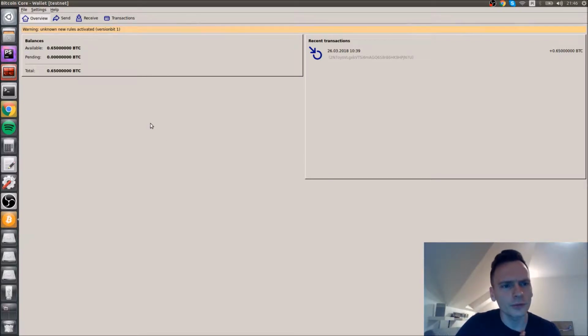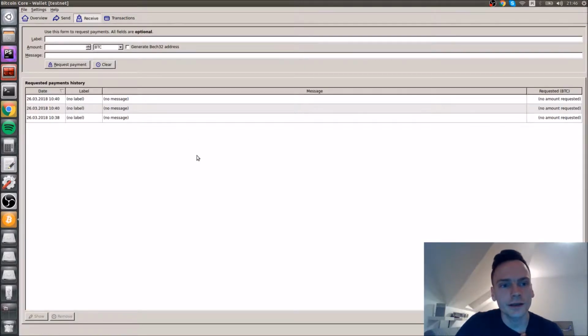My personal node, which is not mining yet, has opened a wallet for me with a couple of addresses, and if I click receive right now, I will create a new address for me, because